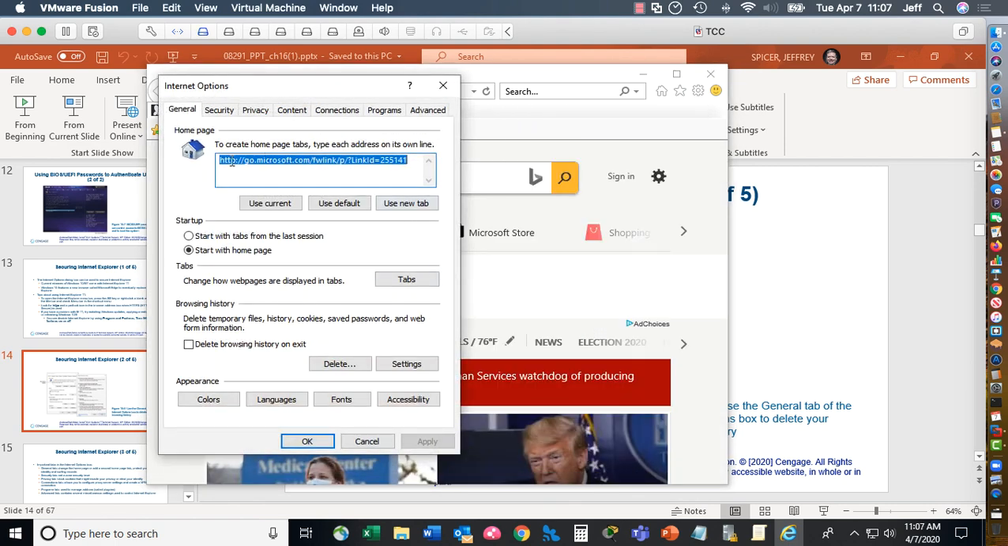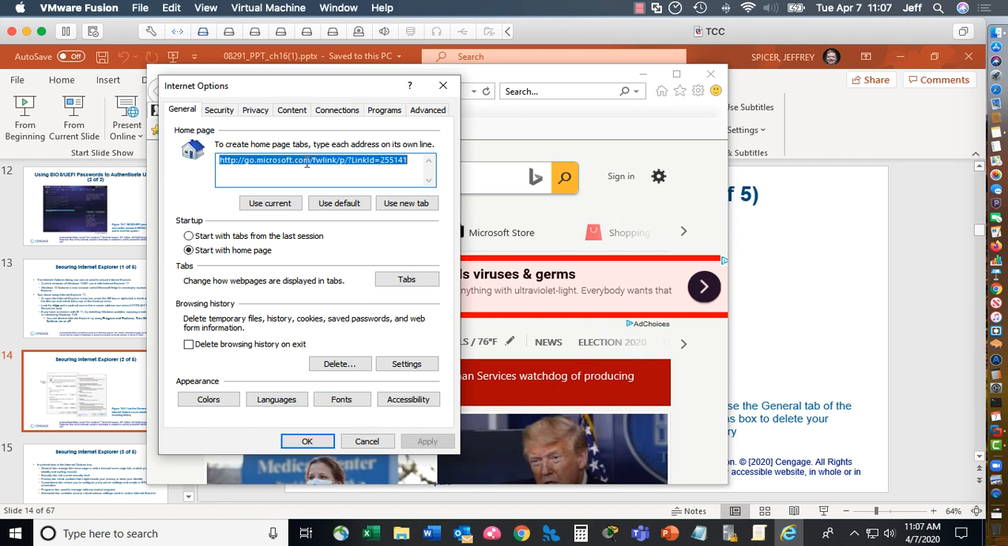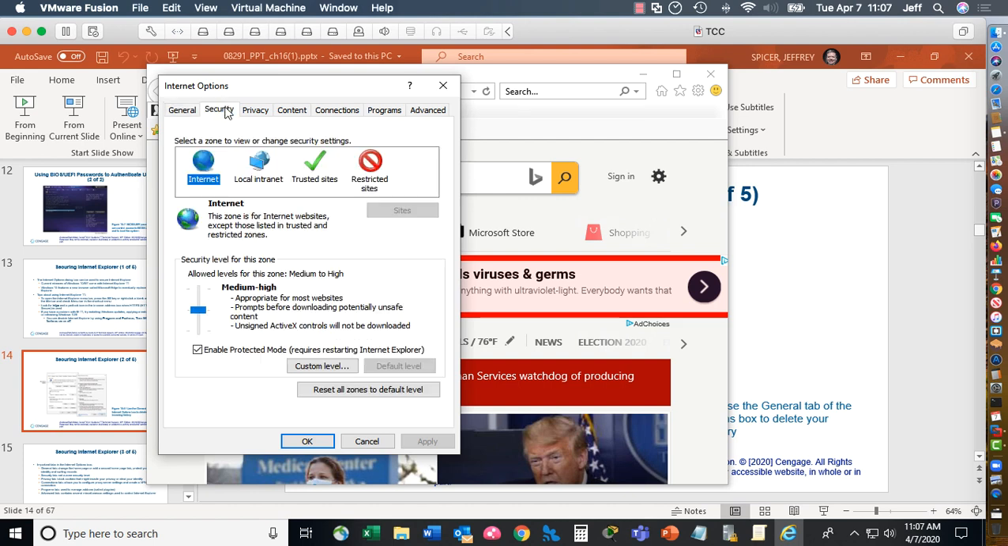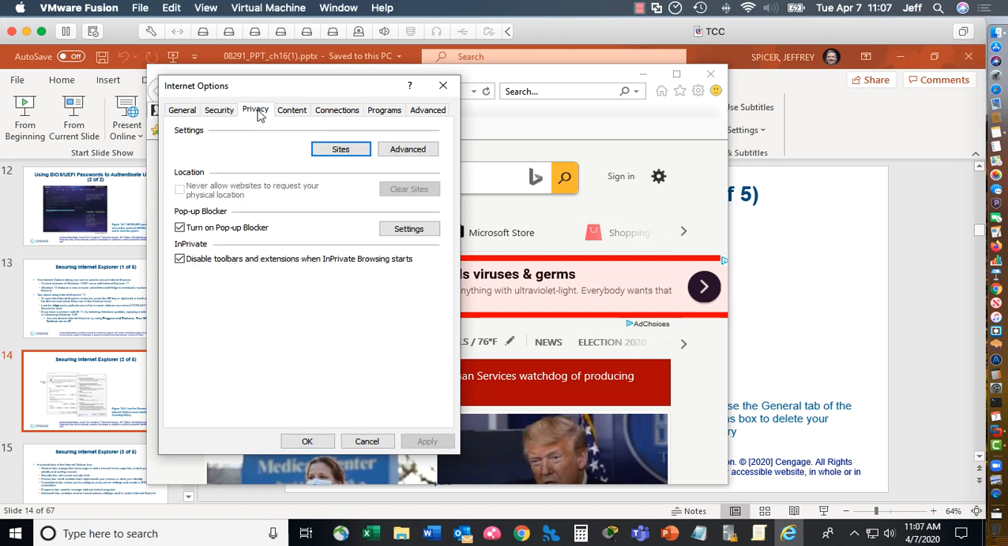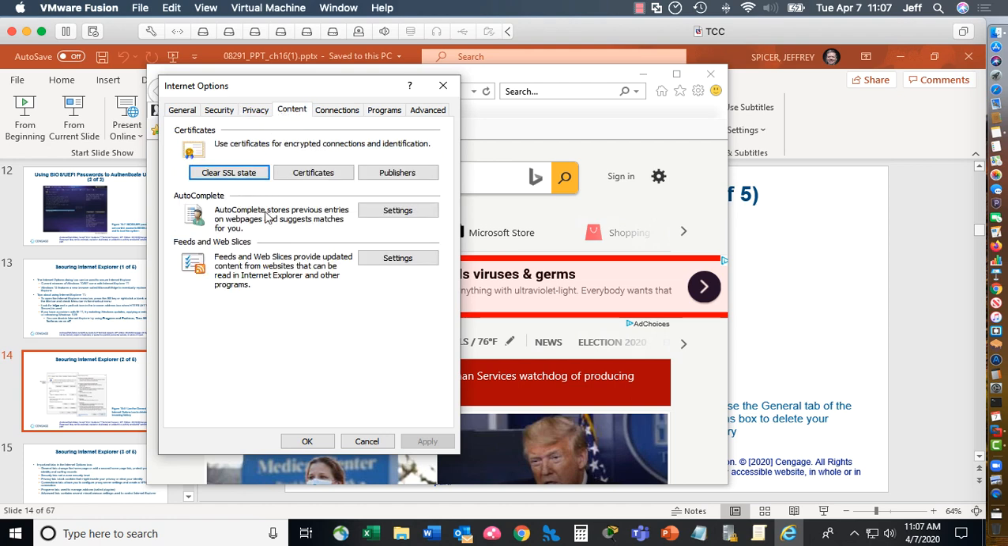All right. So you can set the home page, start with the home page, or start with tabs from the last session. There's some security in here. You can determine the zones. You can add some trusted sites that have lower security. You can also put in some sites that you restrict and don't allow to do much of anything. You can handle pop-up blockers, things like that, autocomplete settings,